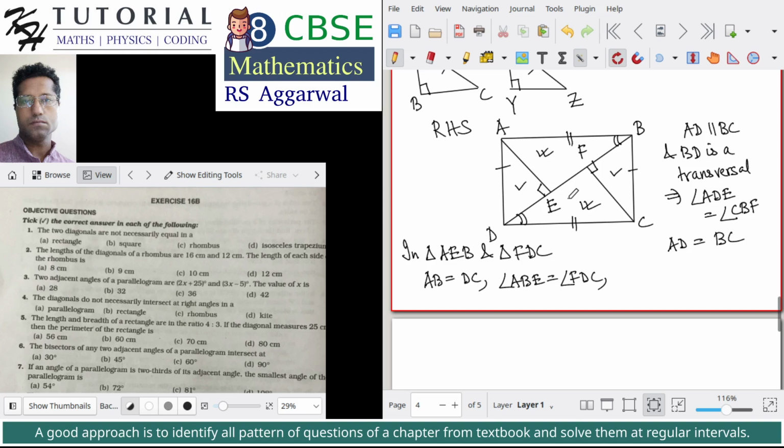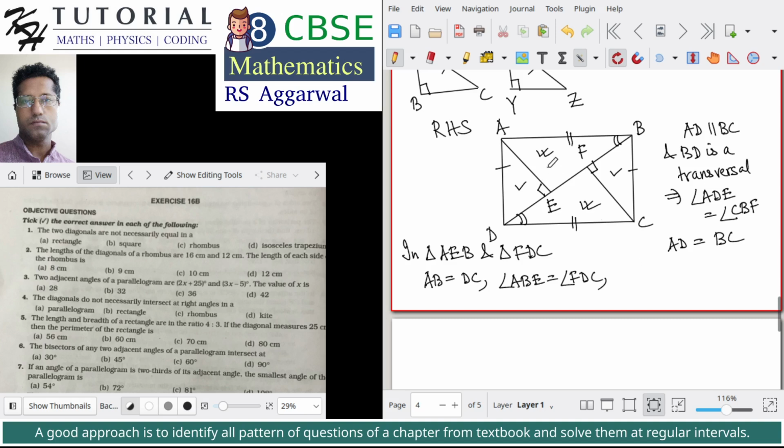We have ABE is equal to FDC. What else can we have to establish the congruence relation? Can we have EAB? Okay, also you will see that